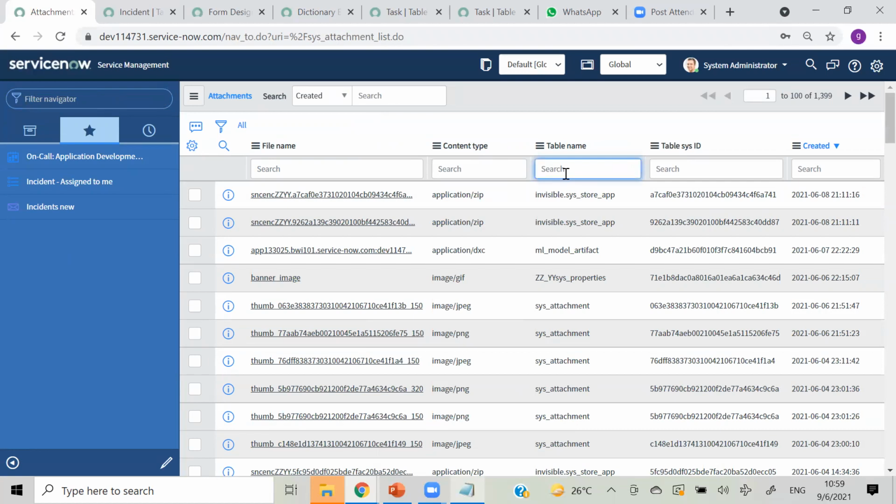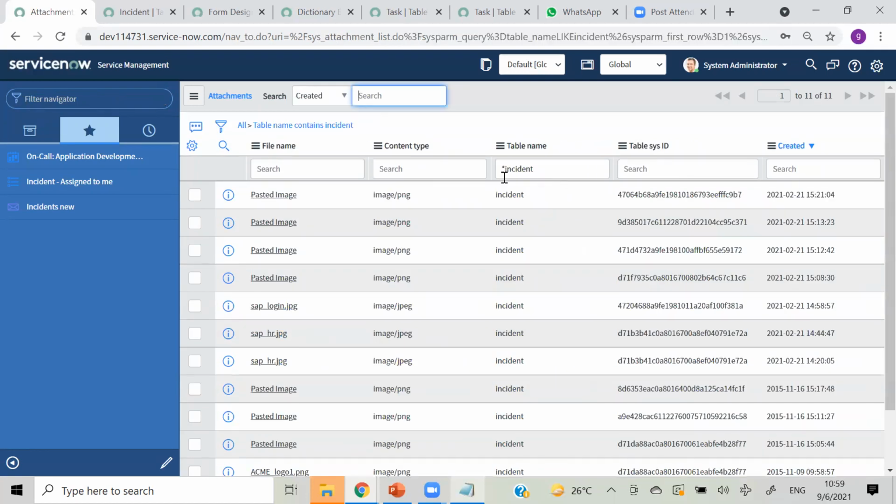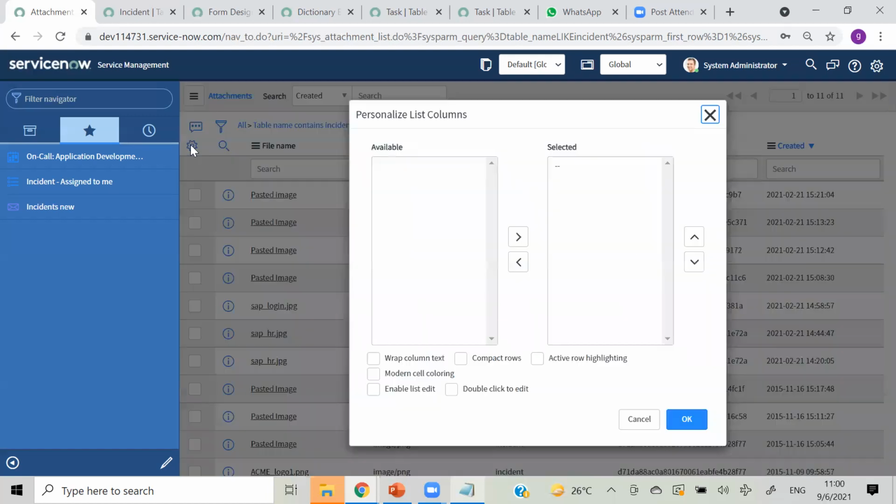Let me take incident here. So this is your incident. This is an attachment on your incident table, this is your table sys_id, this is the name of your attachment, the type of attachment, and it was created on this day. Let's check what we have.